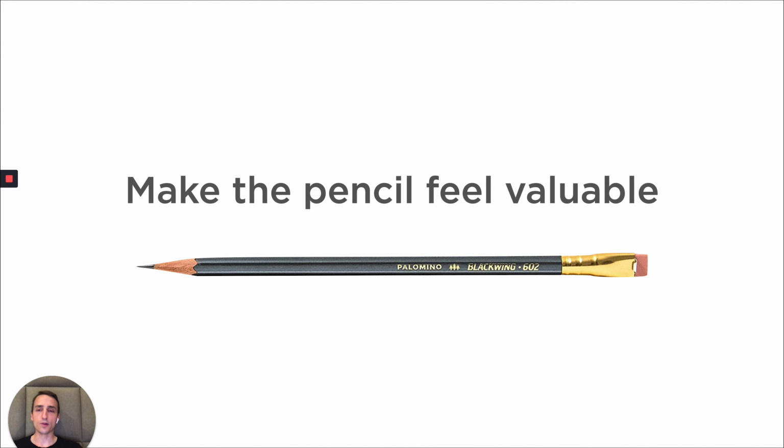Also, at this point in the project, we were tasked with making the pencil feel much more valuable. The reason is that the game was going to be shipped with just a pencil and sold for $30 or $40. Buying a pencil for $30 feels very expensive for the customer. So we were trying to find ways to make the pencil feel more unique that would justify the price point